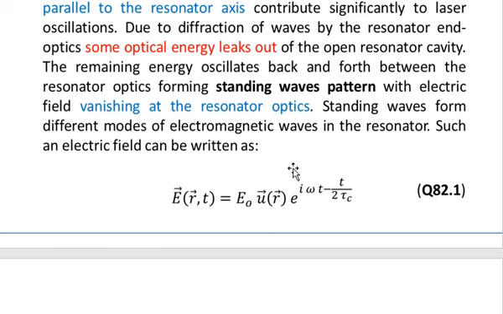Such an electric field can be written as follows. This is the electric field that we are writing inside a resonator. E at a position R and time t is equal to E naught, which is the magnitude of the electric field, multiplied by U of R, which is the spatial part of the electric field, multiplied by the phase factor e to the power iota omega t minus t over 2 tau c. So this is what we have generally written, an electric field value inside a resonator at a position R and at time t,